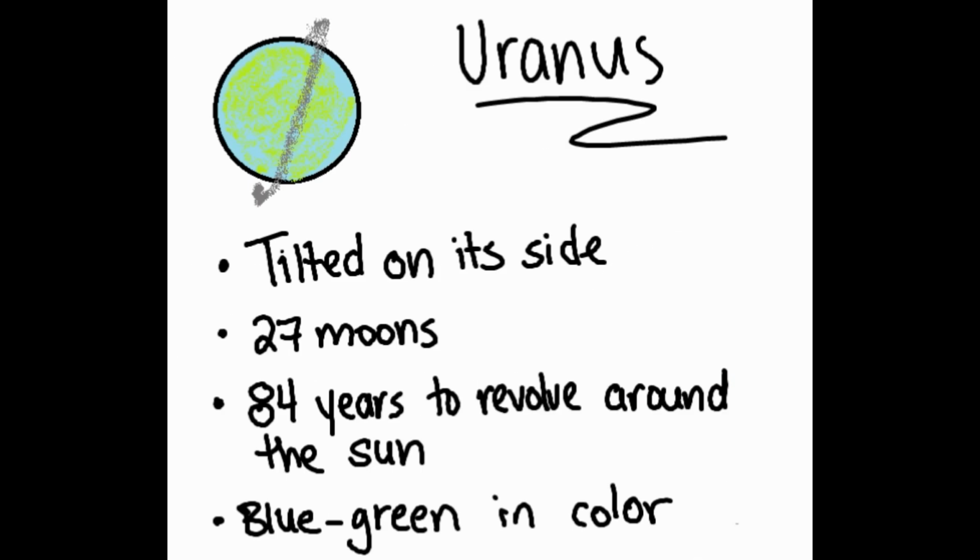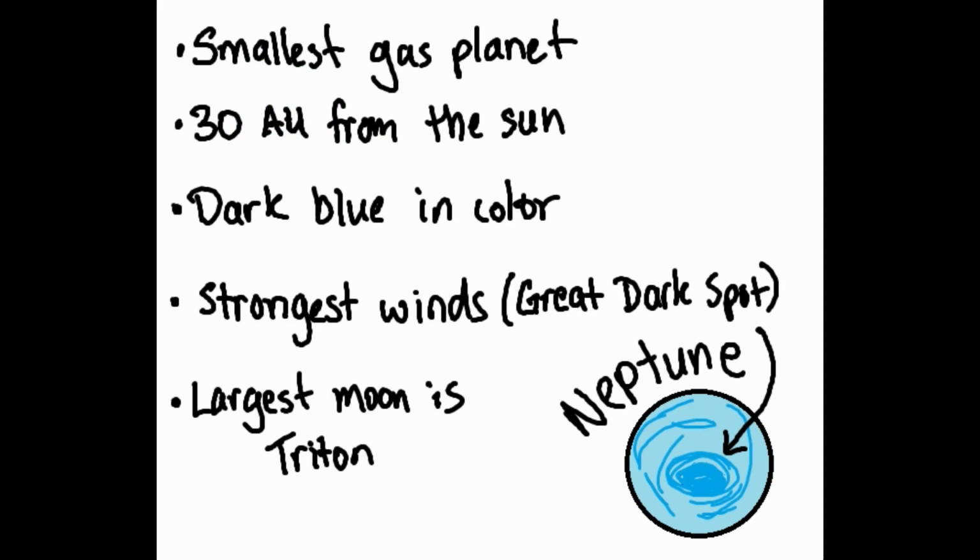Uranus, which is actually tilted on its side, has 27 moons, takes 84 years to revolve around the sun, and has a blue-green color. And our last planet is Neptune, which has a darker blue due to a little bit